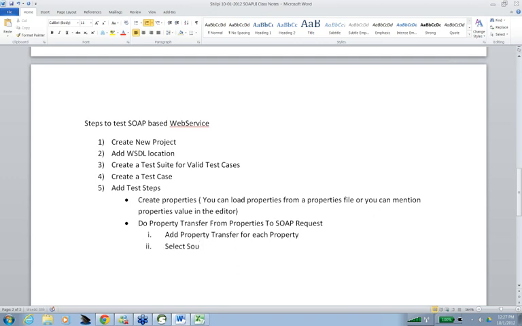Select the source as the properties created above, created in the last step.